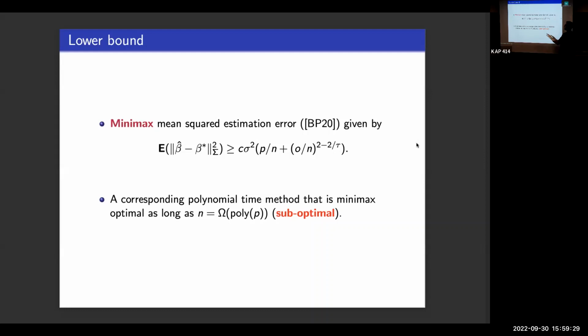Remember, if you don't have the sparse assumption on beta, you have to pay p over n for the estimation error. Obviously, now that beta is also sparse, we can do better than p over n, something smaller, but the dependence on outliers does not depend on how sparse beta is. It only depends on the sparsity of theta. So this is always a lower bound, no matter how sparse beta is. This is exactly what we were trying to achieve: when we construct a procedure, we want to get this as an upper bound.